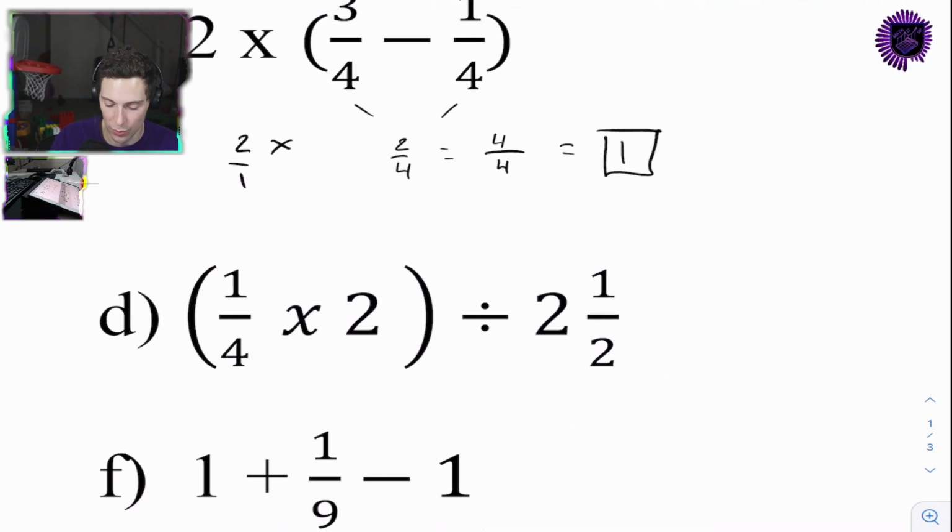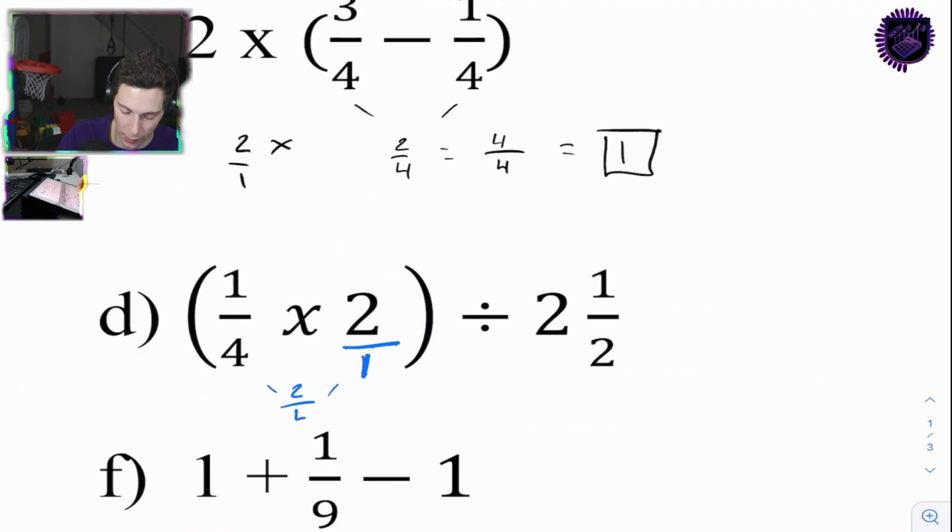All right, so we go 1/4 times 2 divided by 2 and 1/2. So this is going to be written as 2 over 1 there. And we're going to multiply across, and then we're going to divide. So why don't we do this step here? So we're going to write this over 1. Write it over 1. And then we're going to multiply across the tops,